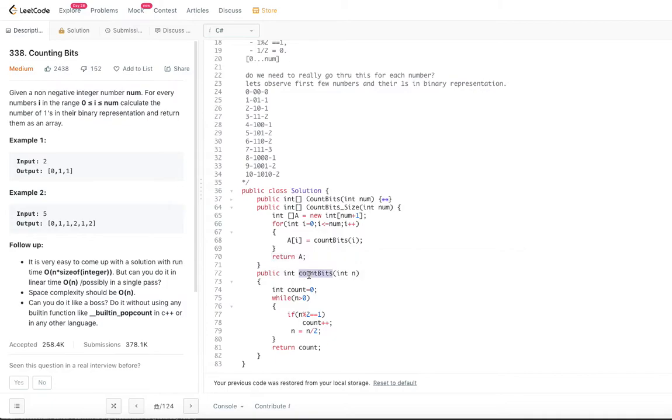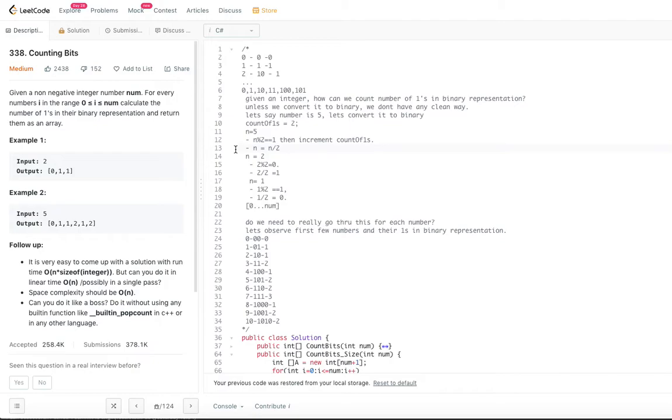So how is countBits doing it? We declare int count equal to 0, which is the count of the number of ones. While num is greater than 0, if num mod 2 is equal to 1, we increment the count, otherwise we don't do anything. After that, we divide the number, n is equal to n by 2.